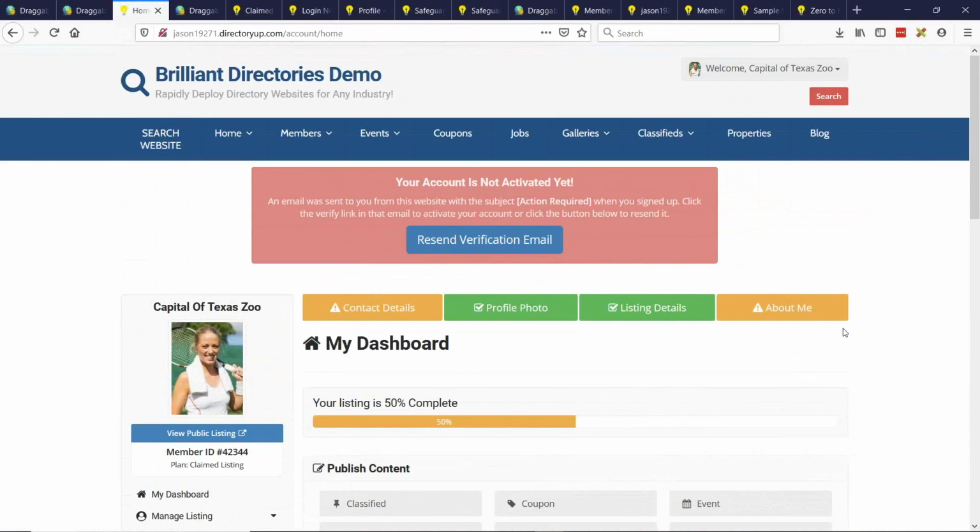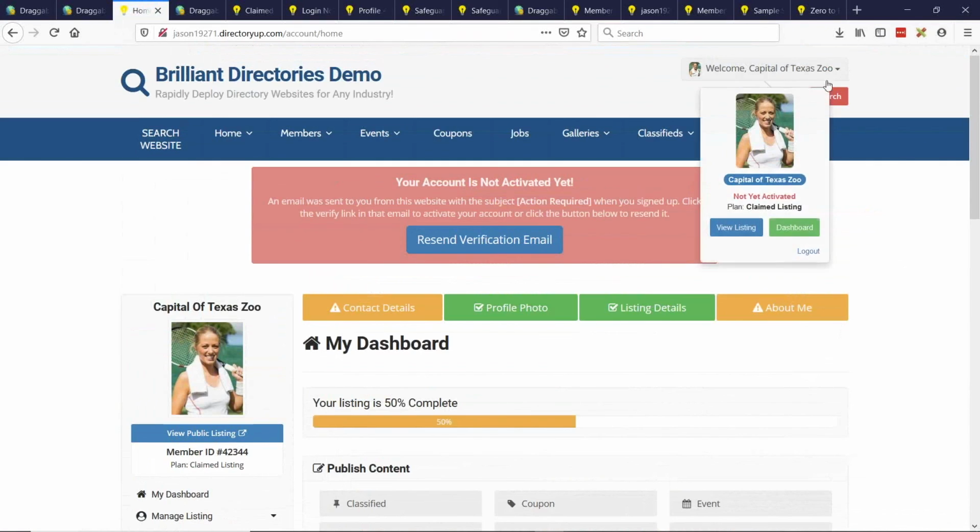So there are a few different options and models that you can offer during the workflow for the claim listings. But the thing that's the most important is the business can find their profile, click the claim listing button, and then you're in charge of the membership plan options that are available to them in order to claim that listing, whether it's free with moderation, paid, or choosing from multiple membership plans.